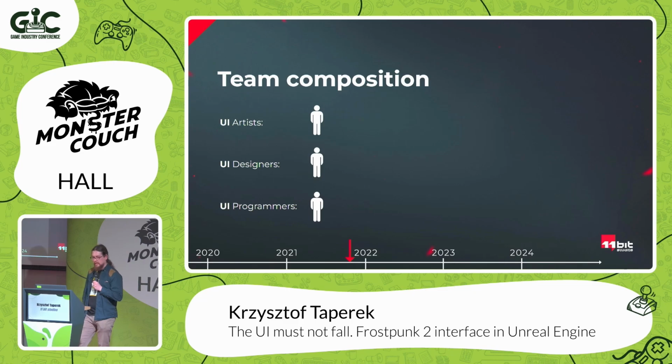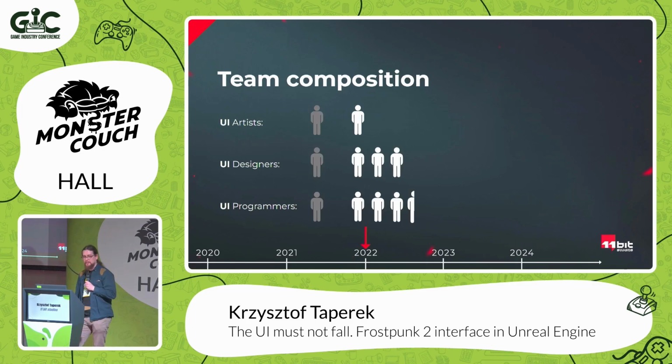And as we talked before, that was the team composition to that point. But in 2022, we finally hired more people. So after that, we still had 1 UI artist, but with support from other artists, so that was okay. We finally had more designers for implementing blueprints, and the most important for me, more UI programmers. So we had 3 UI programmers and a half, and the half is me, because I moved to other topics. I stopped implementing panels manually, basically.